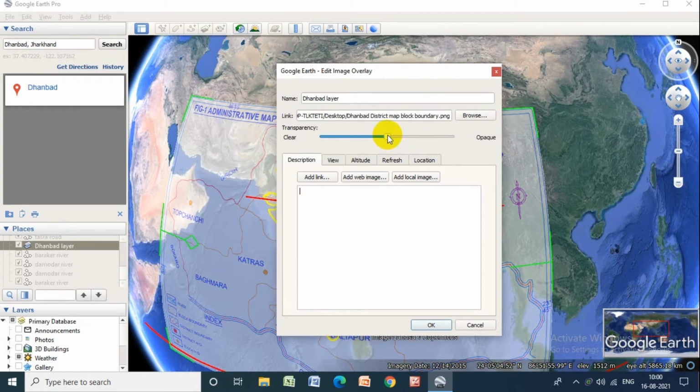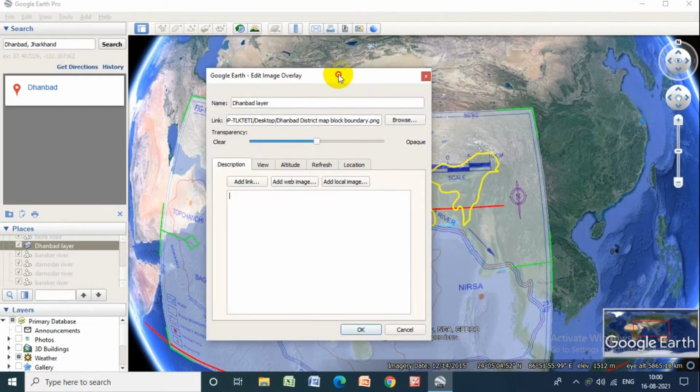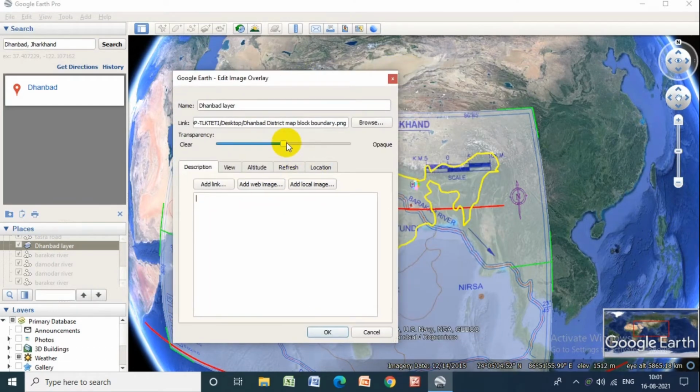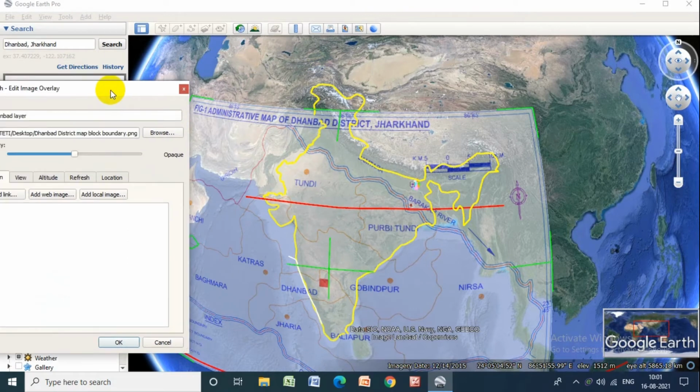Fix it at 50% so that both Google Earth Pro and the external map which has to be superimposed on Google Earth will be visible. So both are visible here.